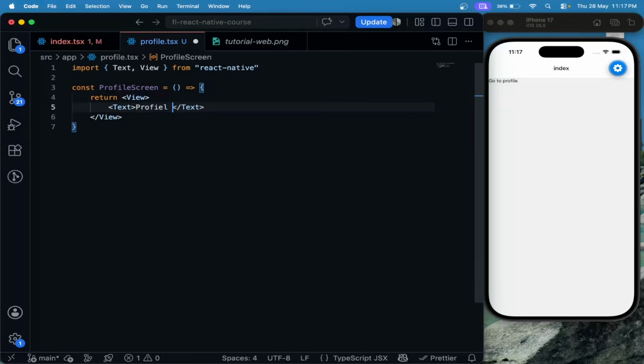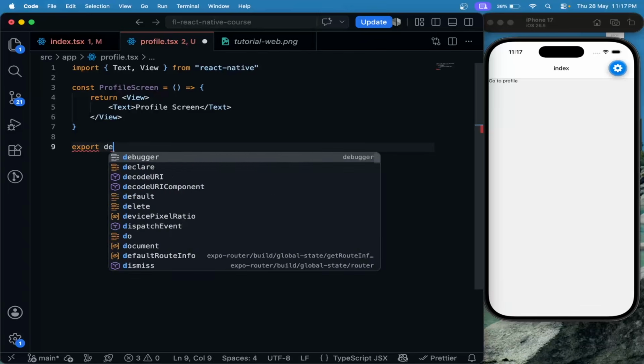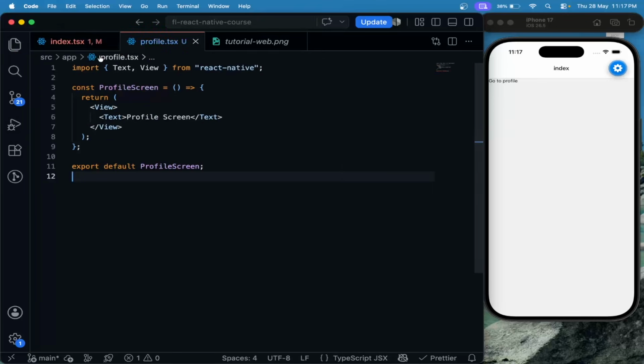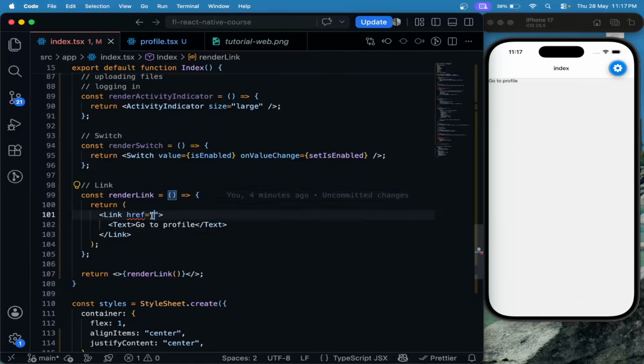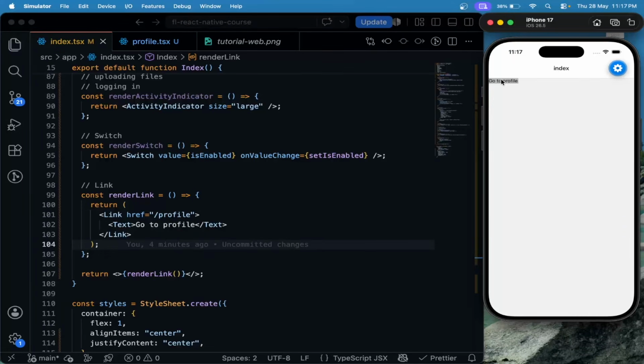I will say profile screen, and let's export this profile screen. Export default profile screen. Now we can use this profile screen here. I can pass this profile and check it out. If I click go to profile, it redirects me to this profile screen, and we have this navbar with the